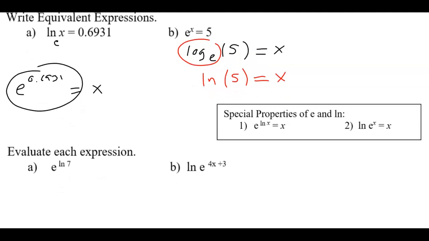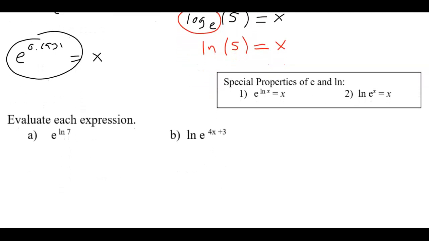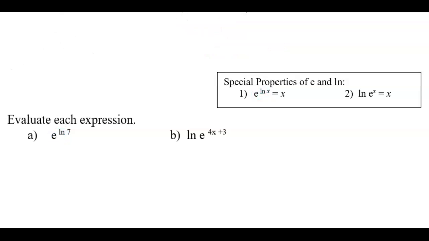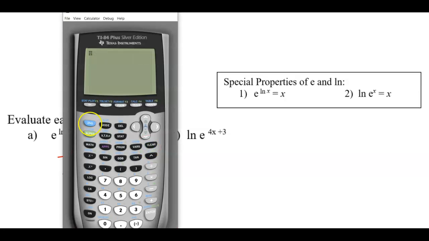And then a quick little review of our special properties. Long story short, anytime you see an e and an ln next to each other, they basically cancel out. They undo each other, and you're just left with, in this case, 7. So in this case, our answer is 7. And you could even type this in your calculator to see that. So if you did e to the natural log of 7,